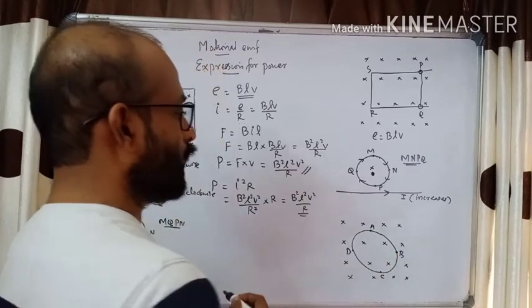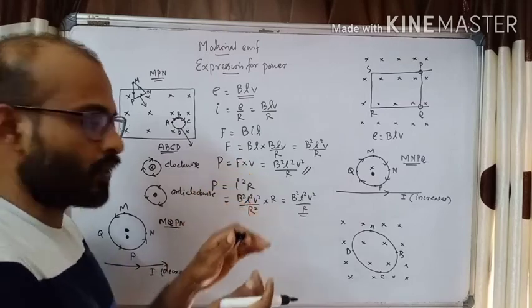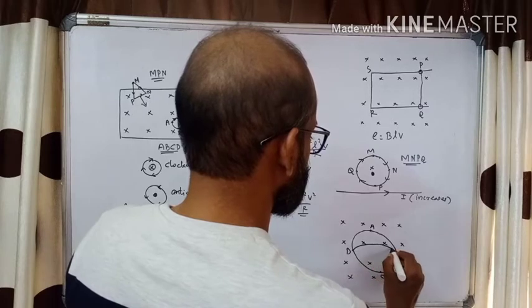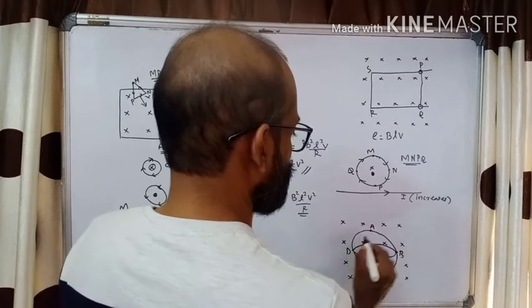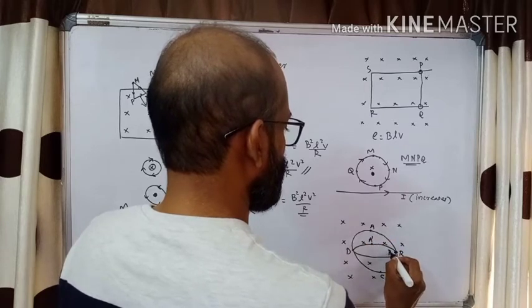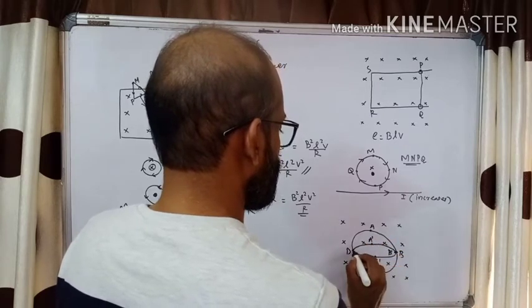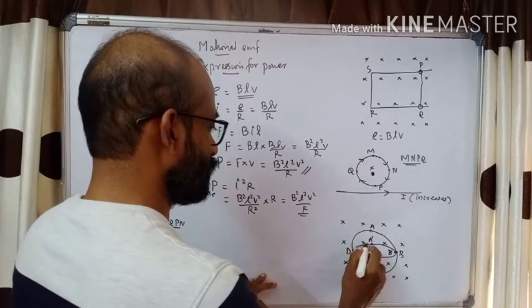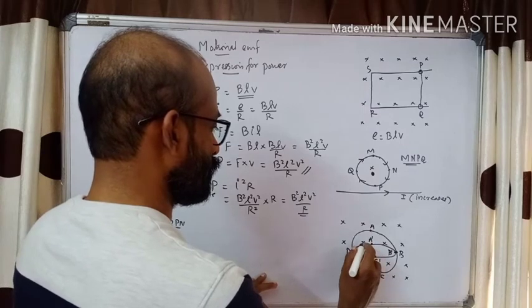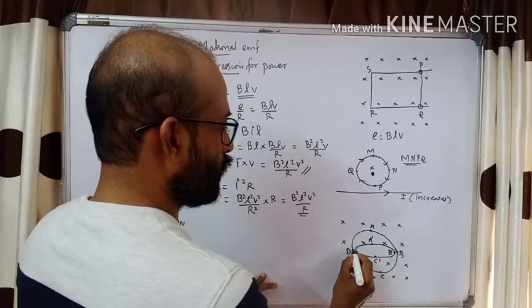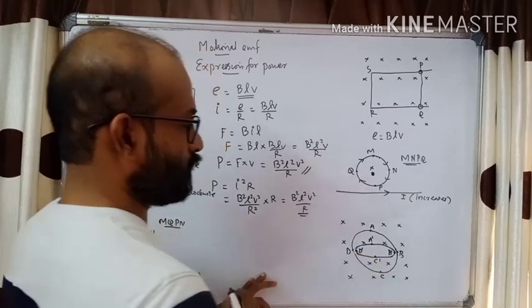Okay. Now what I am going to do is compress the circular loop. See, when I compress, the circular loop will turn into an oval shape like this. In this direction it is compressed. Now this point A will be here, A dash. This point B, I can write B dash. Here it is C dash. Here it is D dash. See, this loop is compressed like this. This was the original circular loop.